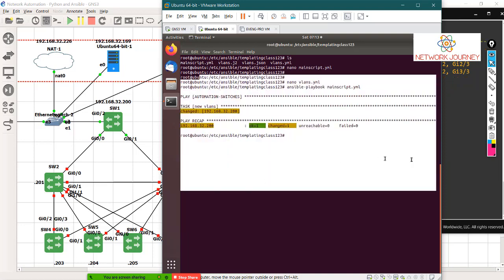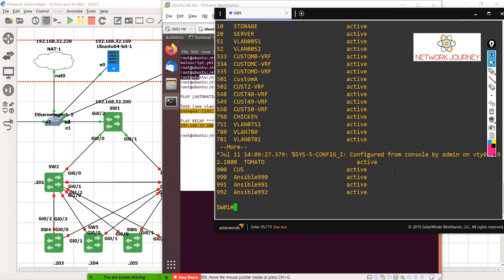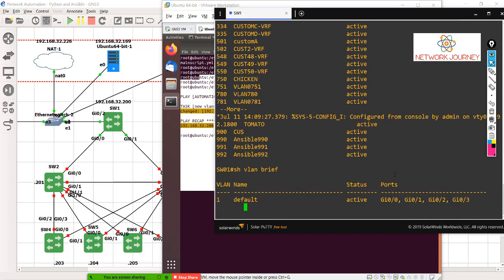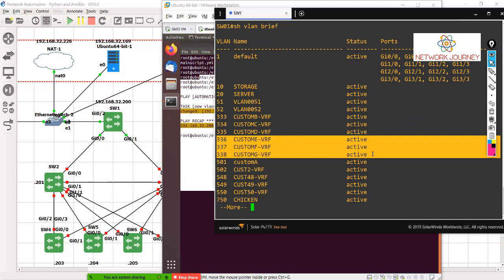Okay, so it got executed. We got something over on our console. Let's check show vlan brief, and we can see we have 3 more VLANs: 336, 337, 338 with new names. So this is a templating system that we call in Ansible, and this is very important because inside Ansible the